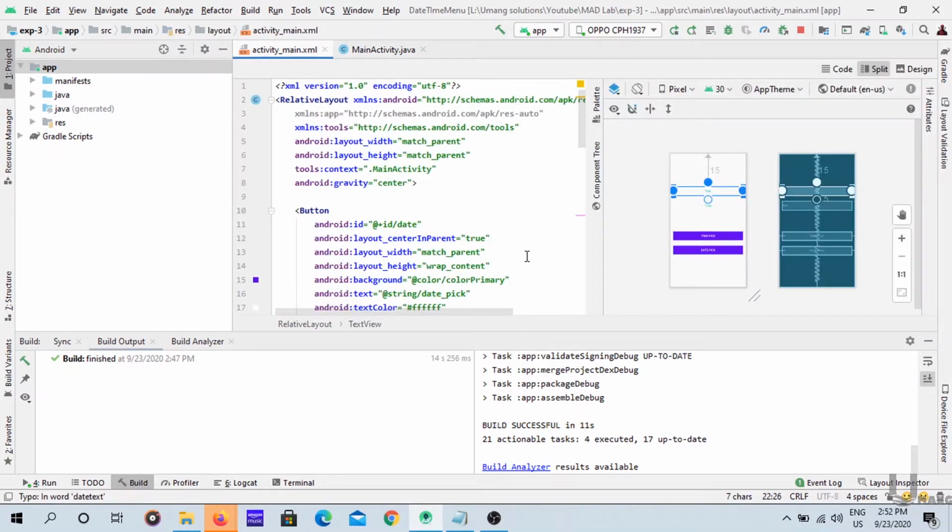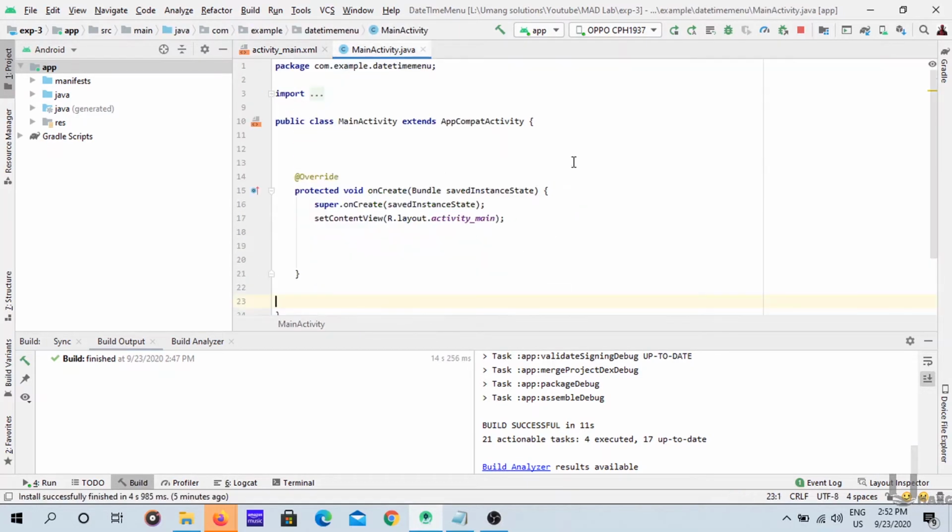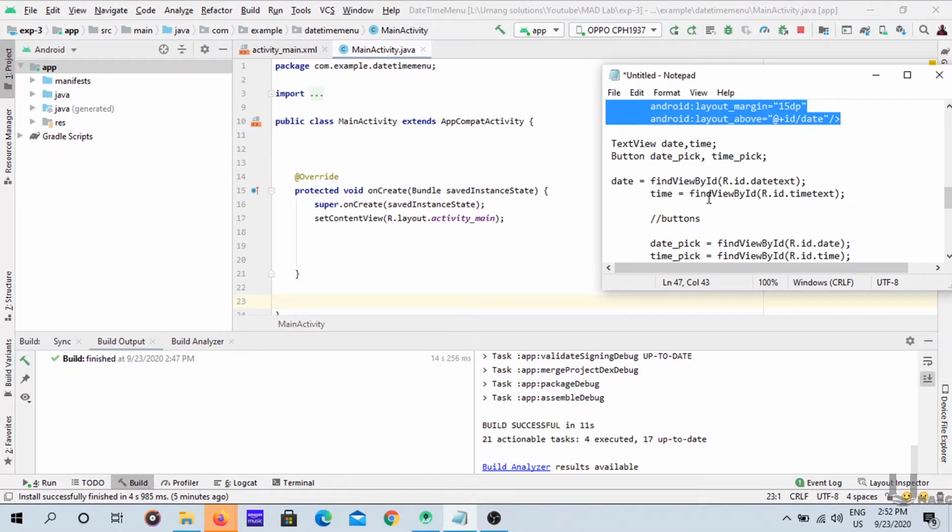Now bind these XML views in the Java file. So how can we do that? We already explained how to bind XML views to the Java file in previous videos. If you want to learn about them, you can watch the previous video. I am not explaining it here again, as it's a waste of time. So I am moving on.